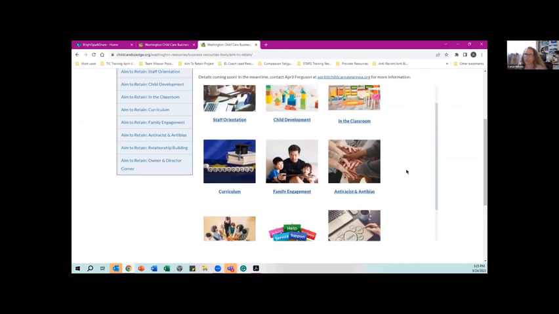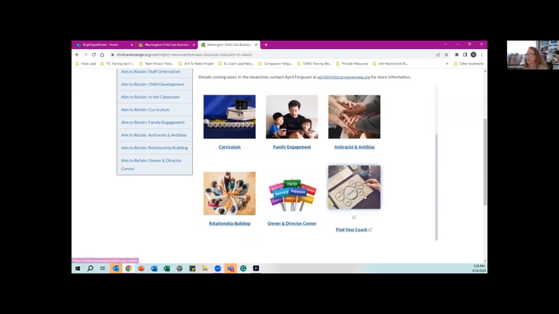There may be a new teacher that doesn't have a whole lot of experience working in a specific age group. So if they need ideas on understanding child development, or things in the classroom, such as environment, what works, what doesn't, those kinds of things are in there. Curriculum ideas, family engagement. We also included anti-racist, anti-bias, and inclusion. This is also for inclusion, because we really want to also address the retention of children and families, right? But that's expulsion and suspension prevention. So we're going to have information in there as well.